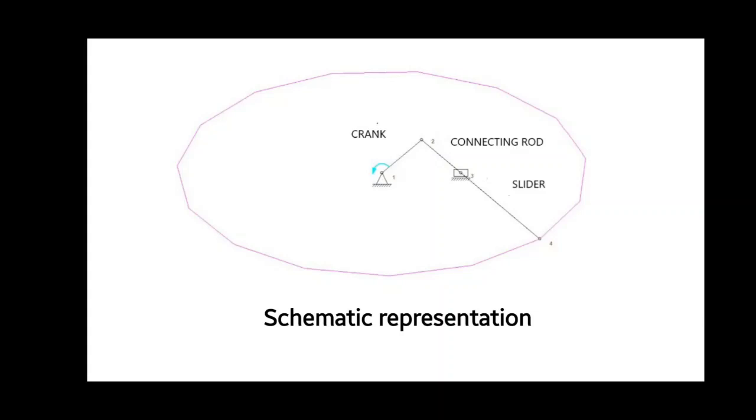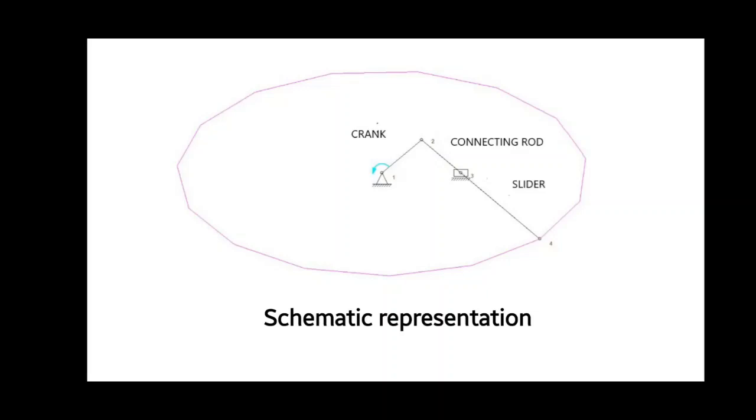Hello, I am Vinayak. I will be explaining further about the project. In our day-to-day life, elliptical shapes are used in tables, furniture, kitchens, showcases, etc. for their better aesthetic looks. Drawing a perfect ellipse is a difficult task, for which various mechanisms like the slider crank mechanism and elliptical trammel mechanisms are used. Here the manual input is given to the crank and the point on the extended connecting rod, such that point 4 traces the ellipse.